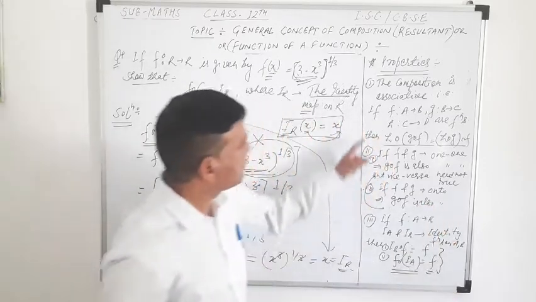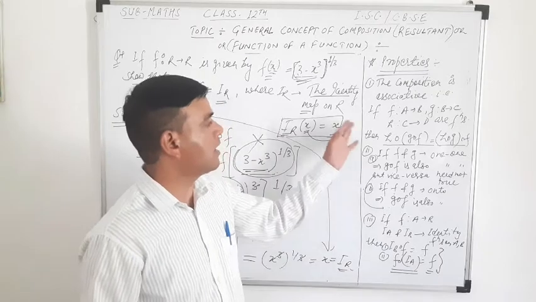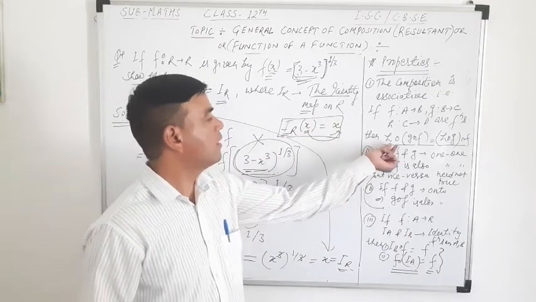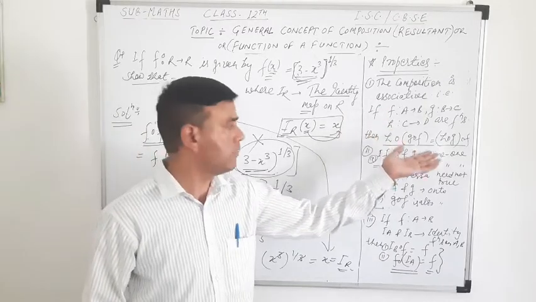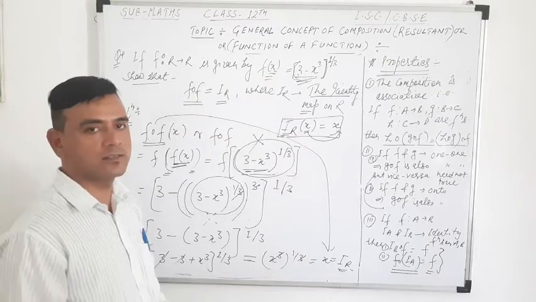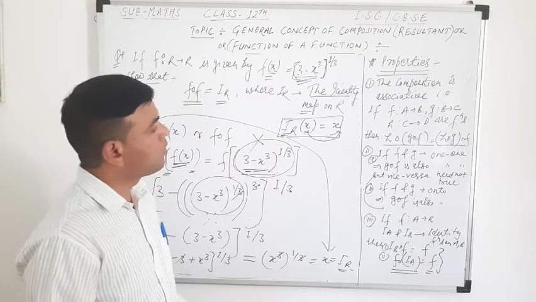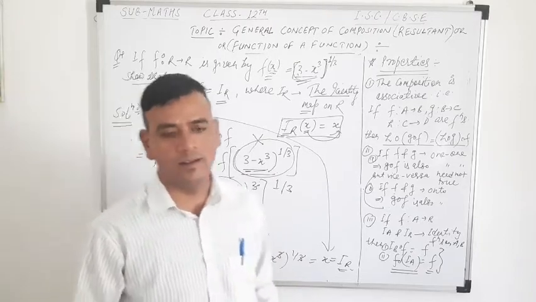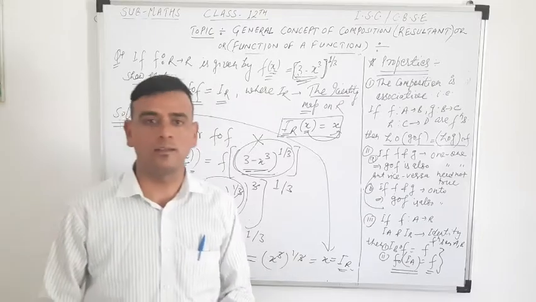These three things you have to keep in your mind, and maybe a short question may be asked from this part, such as prove that this function is associative. A question like this may be asked for 2 marks in the first question. Some more questions we will solve later. I think you have a good understanding of these composite functions. Thank you so much.